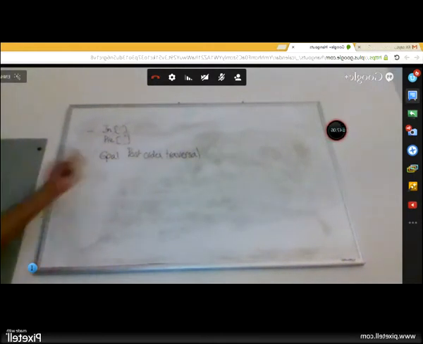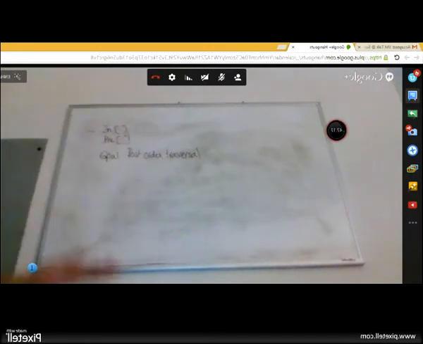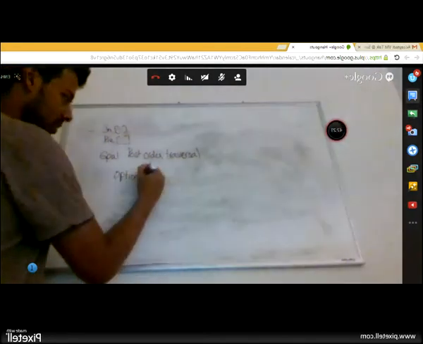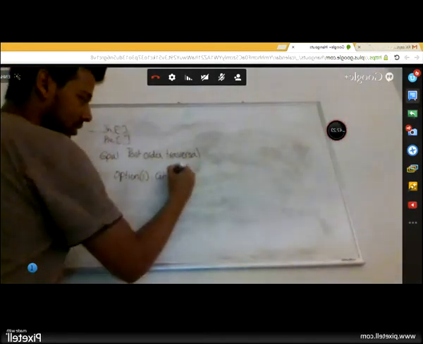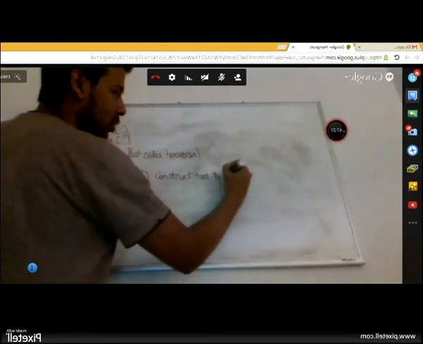So if someone asks you this in an interview question, your first option would be to say, okay, I'm going to construct a tree, which we already solved in the first problem. It's a simple problem. We construct the original binary tree and do a post-order traversal. That is option one. Construct your tree and then do a post-order traversal.